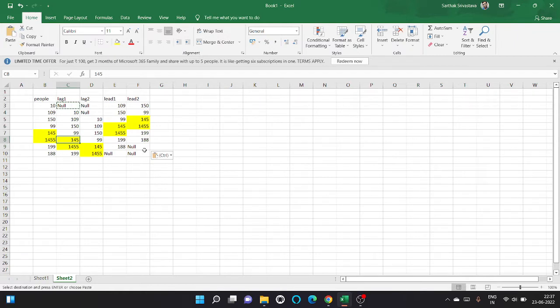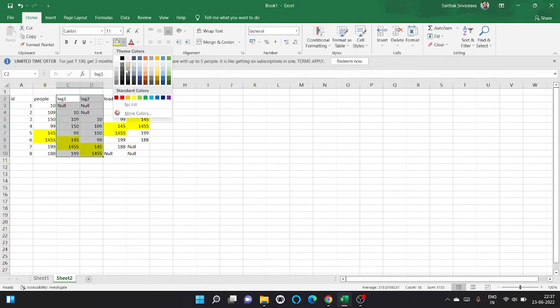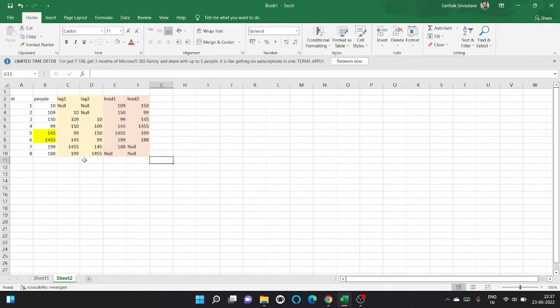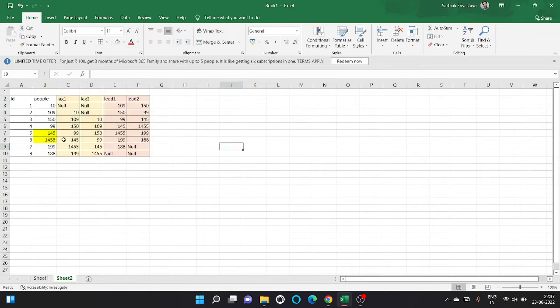So as you can see, the ID will be 1, 2, 3, 4. Let's first have a look at this. I will mark it with a separate color, and then this. As you can see, for ID 6, and for ID 7 and 8,